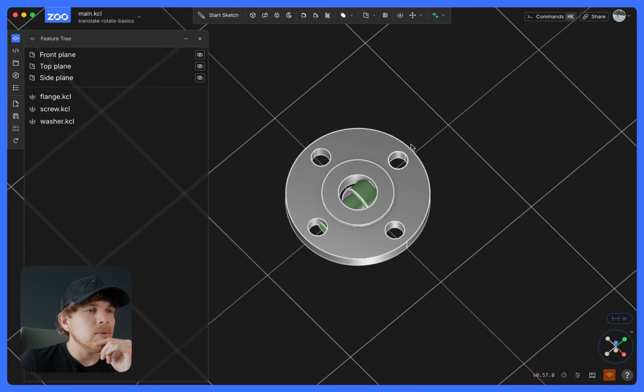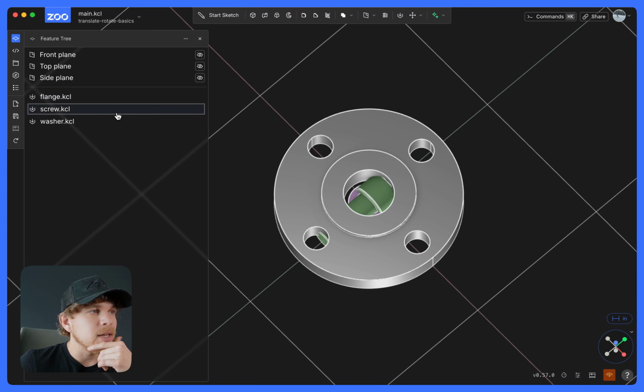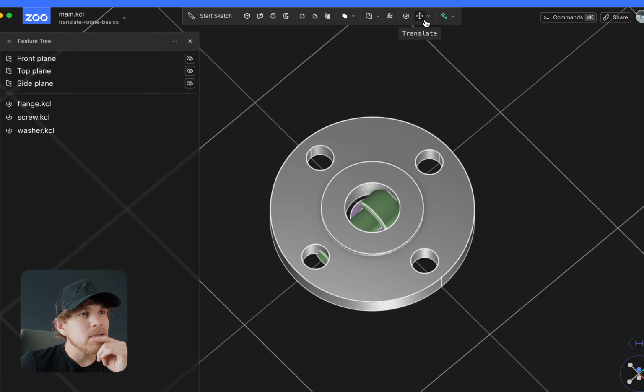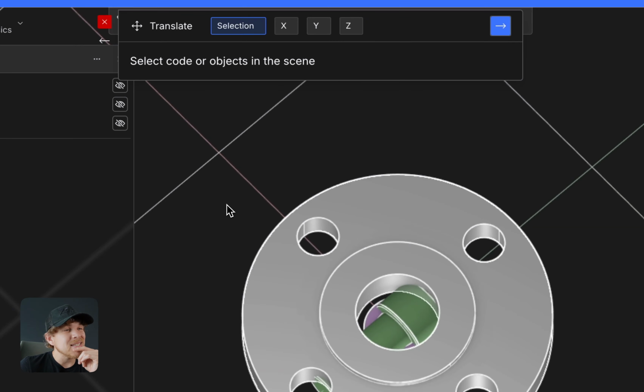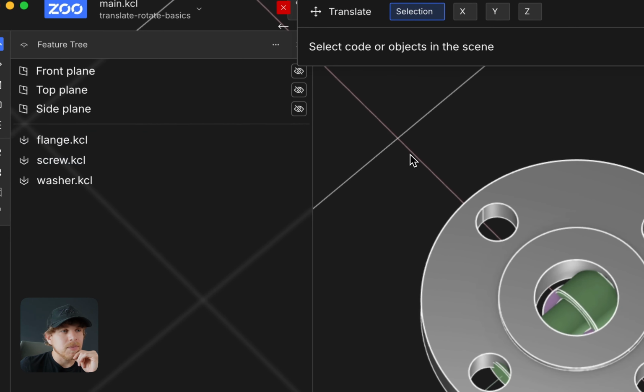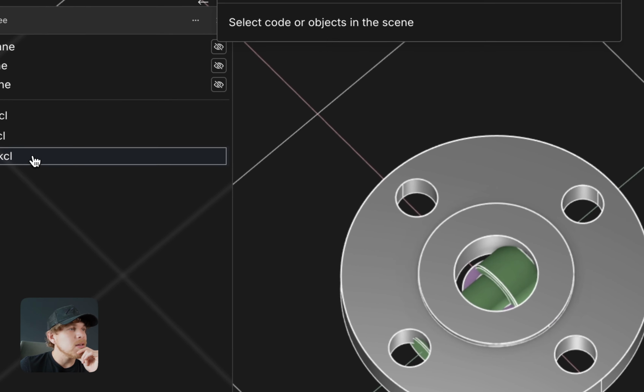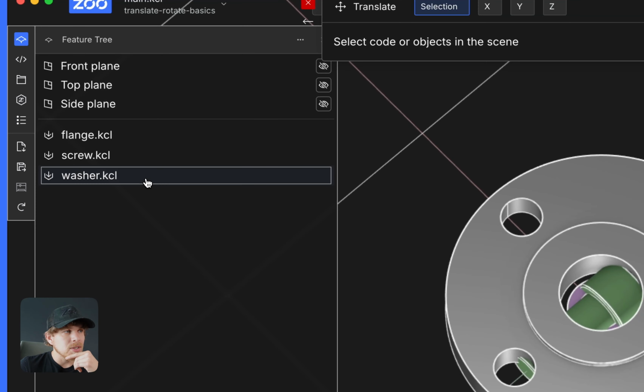So for example, I have my imported geometry of flange, screw, and washer. And say I want to move this washer right here. When I hit translate, I need to select it in the feature tree. I can't select it in the body. I have to select the feature tree, so we'll select washer,